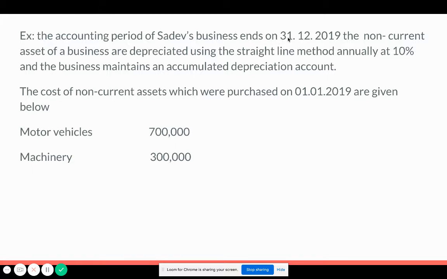So in Sadev's business, the business ends at 31st December 2019. Thereby, this is the last date of the accounting period. So when you calculate 12 months backwards, 1st of January 2019 will be the beginning of the accounting period. So from 1st of January 2019 to 31st December 2019 will be the 12 months, or the relevant accounting period for this